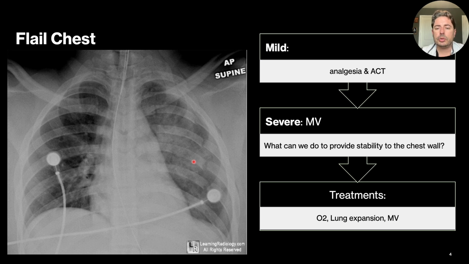So what do we want to do for treating these patients? Well, we need to identify, is this a mild injury or is it a severe injury? Well, if it's mild, the most invasive thing that we will do is give them some anesthesia, give them a sedative or give them some pain meds so that they have a desire to breathe. Because remember that pain reflex, if you've got pain where there are rib fractures, you're not going to want to